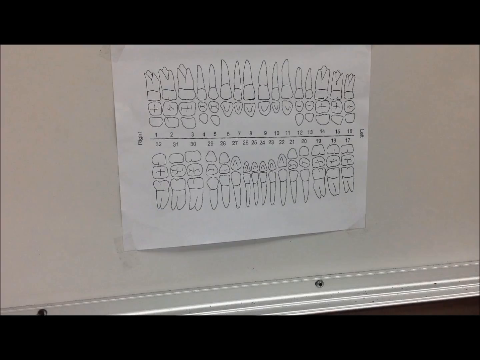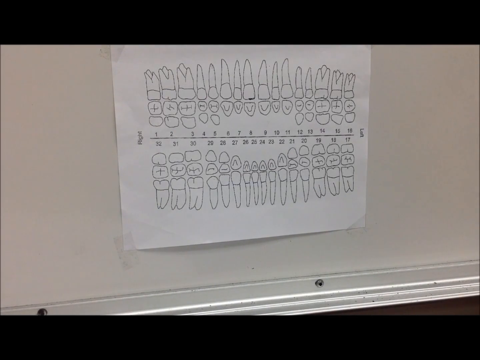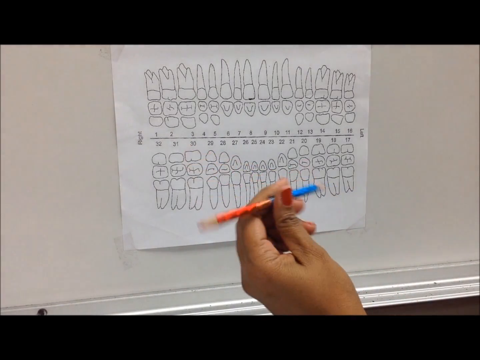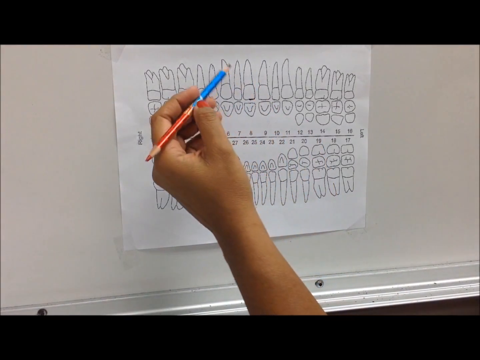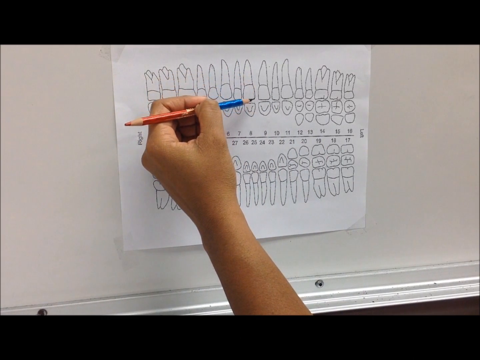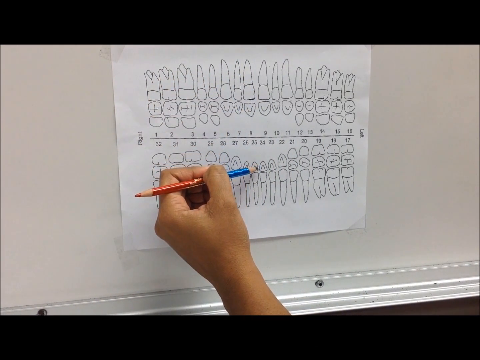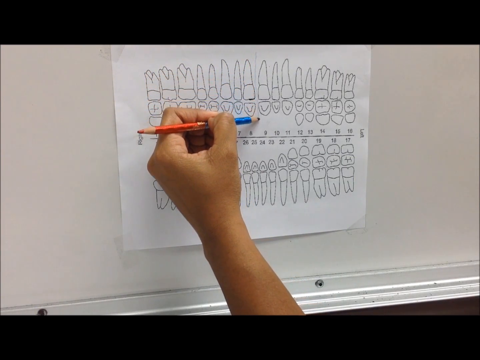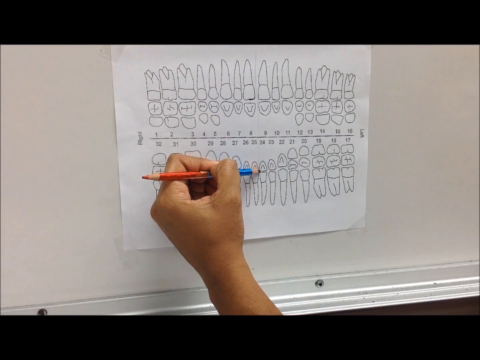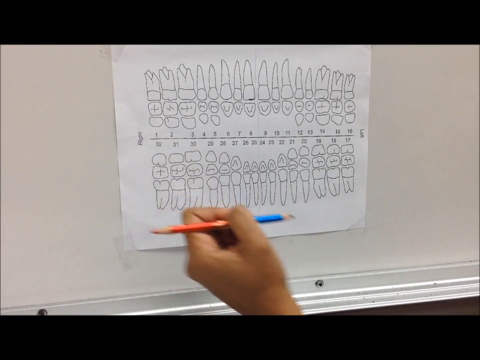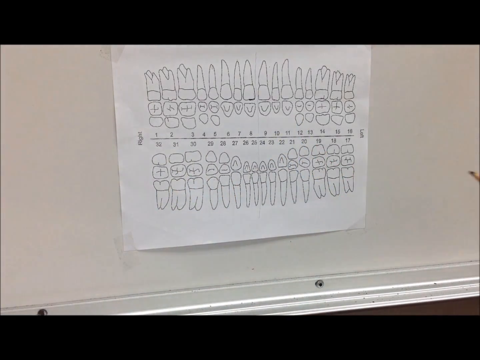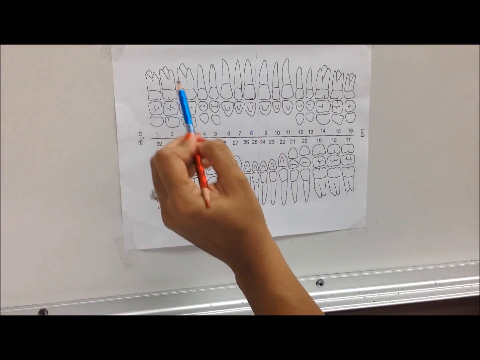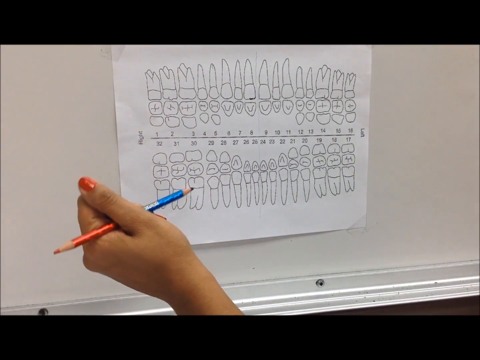What helps me in the charting process is to create your median line. You can just use your red and blue pencil and create a line directly in between number 8 and number 9 and numbers 24 and 25. So I'll go ahead and do that first. It's not super straight, but it gives you a point of reference. I know that's really light, but whenever you're charting in this quadrant,